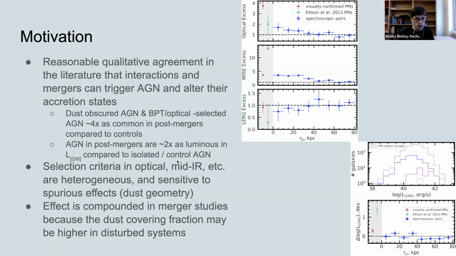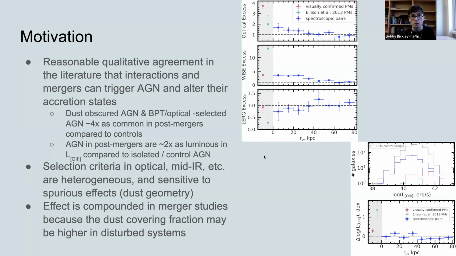Okay, so the point that I was reaching for with this slide is that these longer wavelength selection methods, even though we're talking about optical and mid-infrared, are highly sensitive to a lot of criteria that have very little to do with the actual status of the AGN in the center of the galaxy or of the supermassive black hole. So things like geometry, orientation, dust covering fraction, the depth or the density of the dust column separating the supermassive black hole from the observer, all of these different things.